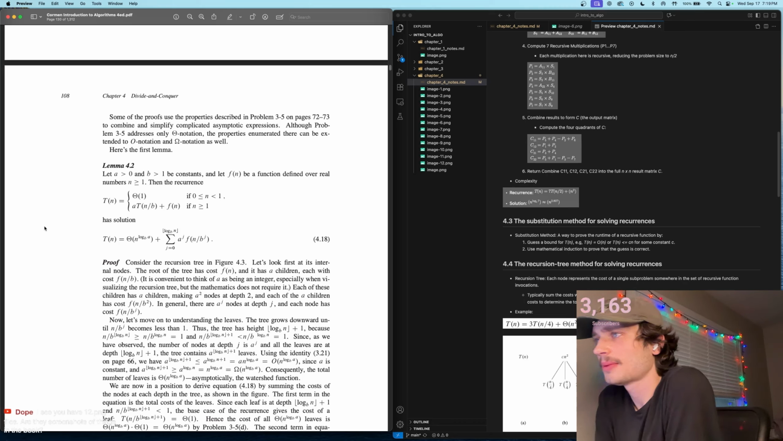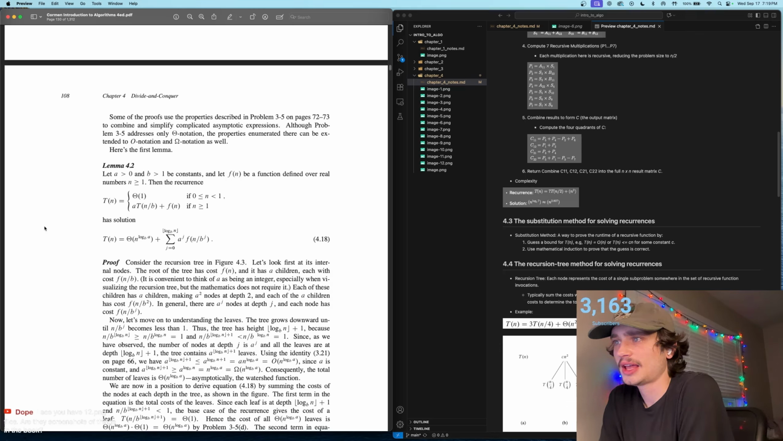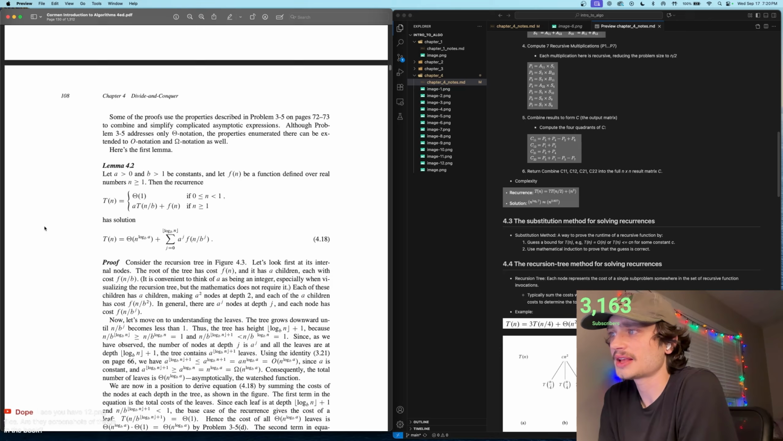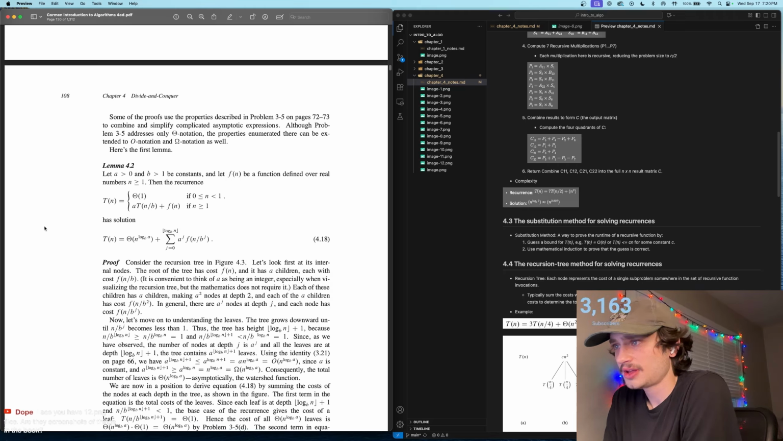Here's the first lemma. Lemma 4.2. Let a be greater than 0 and b be greater than 1 and be constants, and let f of n be a function defined over real numbers n greater than or equal to 1. Then the recurrence T of n is equal to theta of 1 if n is between or equal to 0 and less than 1, and the constant a times T of n over b plus f of n if n is greater than or equal to 1, has a solution,